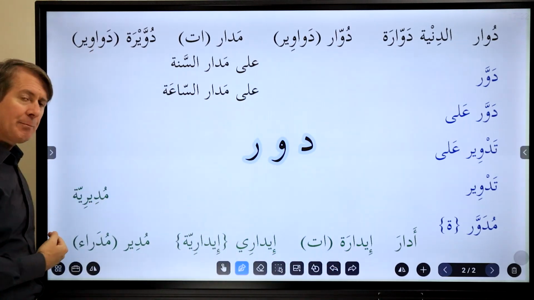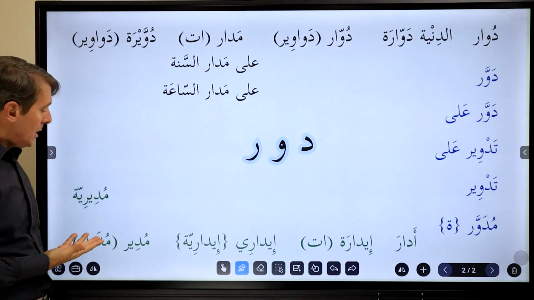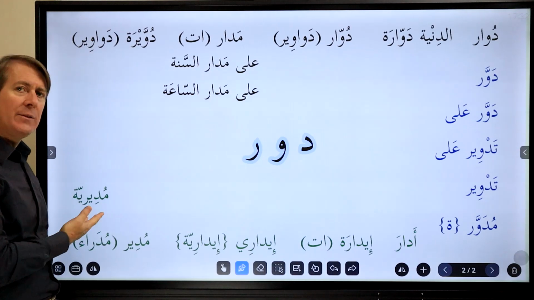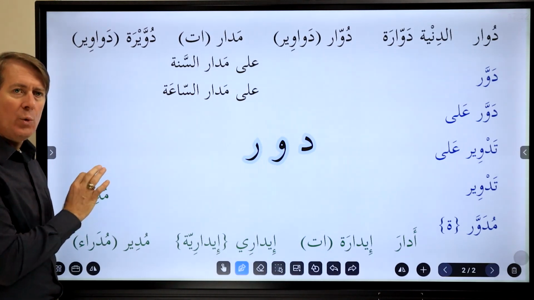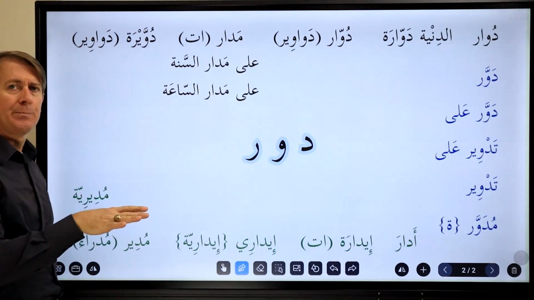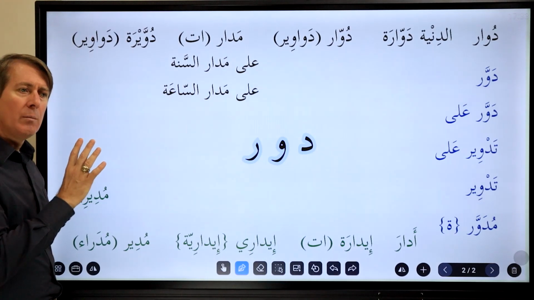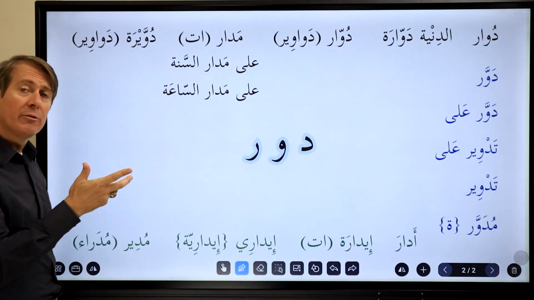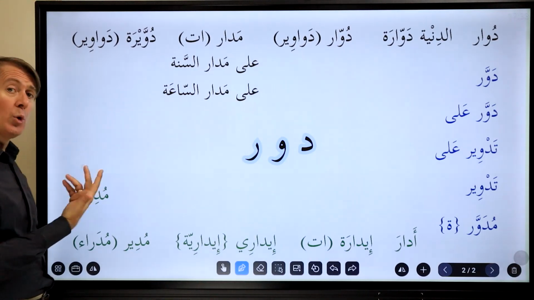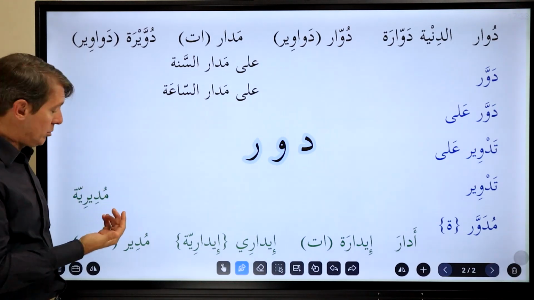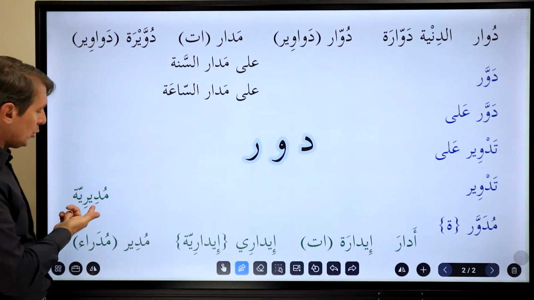Okay, mudariye is an older way of saying da'ira or qism. So da'ira or mudariye, these are only used for government. So if we have a company, we say qism, the department. But mudariye means department or office of something like that. Or possibly it could mean bureau, bureau of management or whatever. So that's mudiriye.